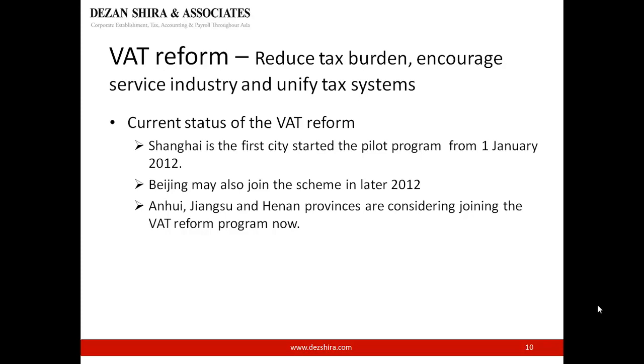That's why other cities like Beijing are considering joining this VAT reform program now. Experts said that this pilot program will not last for a very long period. The government is considering changing the law and the tax structure for this new tax system. So far, this is the situation, and we will keep our eyes on this issue,